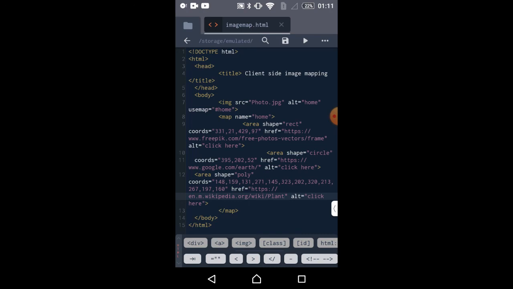Hope you have understood how to perform this practical using your mobile phone. These are the only alternatives, either using the GIMP app or with the help of that website. These are the only two things which will provide you coordinates while you are using a mobile phone to perform this practical.